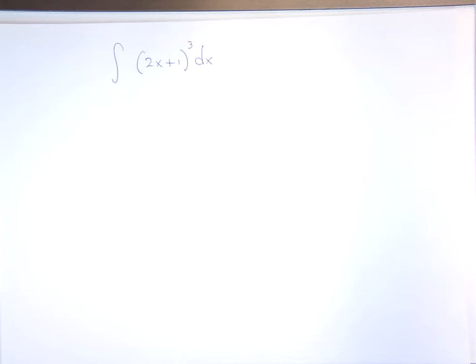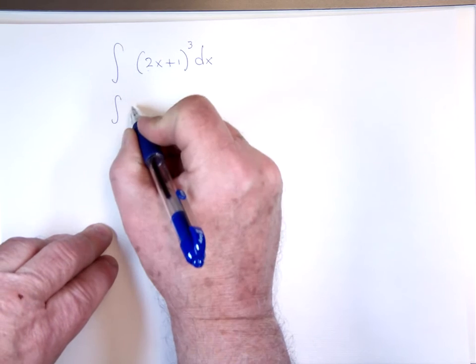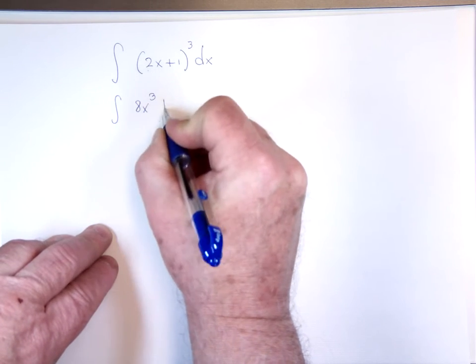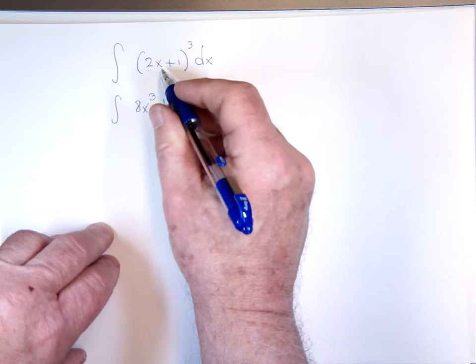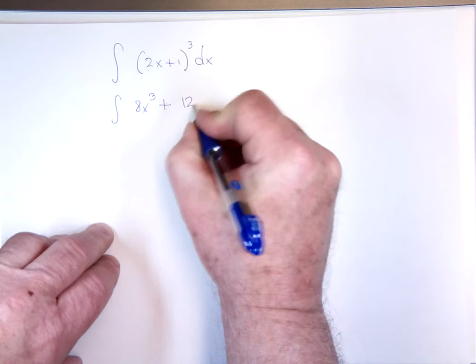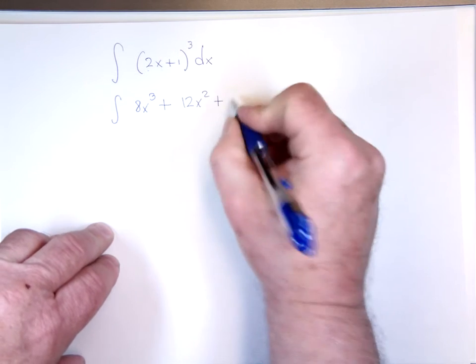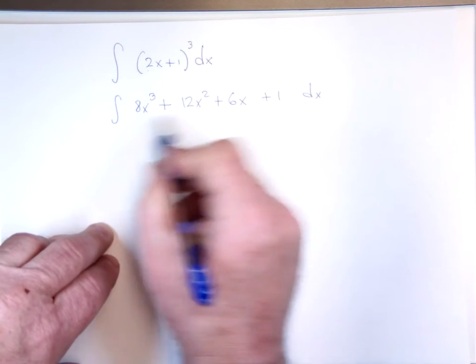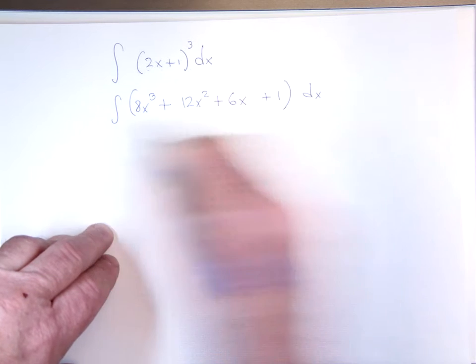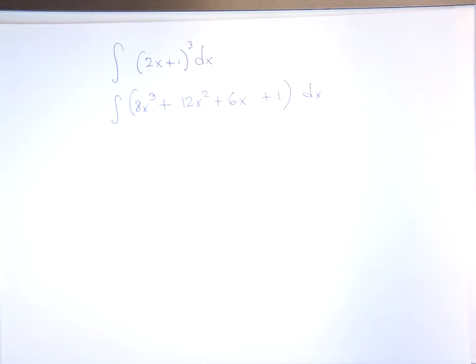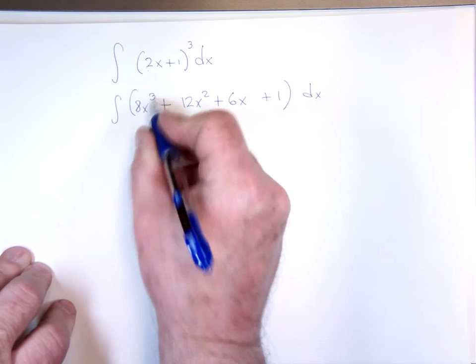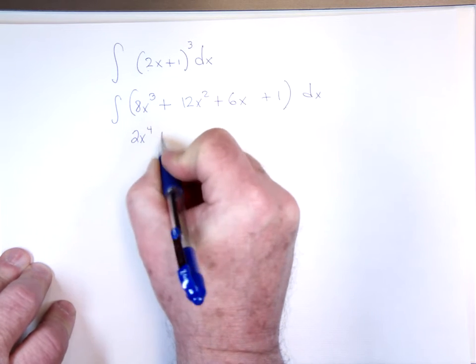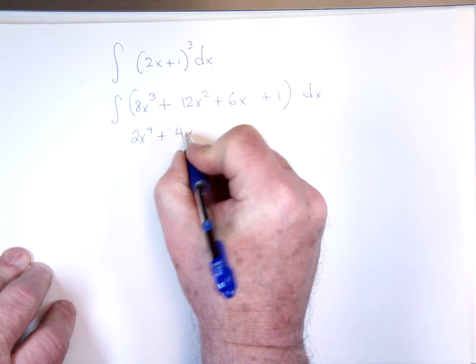We could do that by doing it this way. Cubing this, plus 3 times this squared, it'd be 12x squared plus 3 times this plus 1 dx. You're going to have to trust me in this. When you cube this, this is what you get. And then integrating it term by term, because we can do an integral of a sum by doing the sum of the integrals. And we would get 8x to the 4th over 4, 12x cubed over 3, 6x squared over 2,